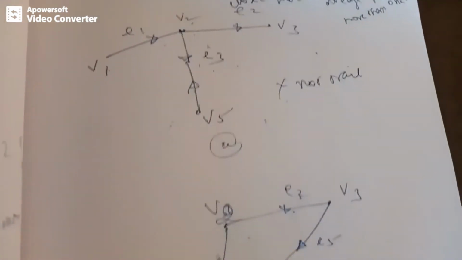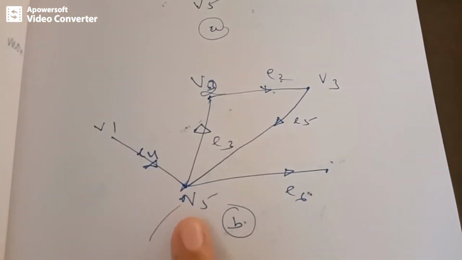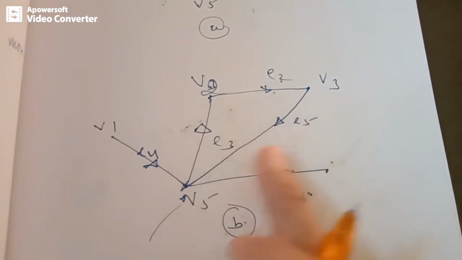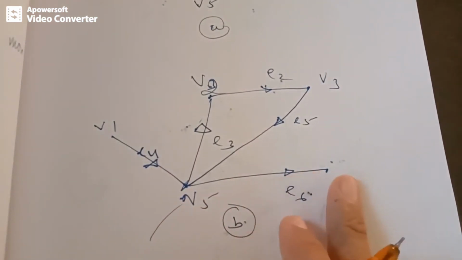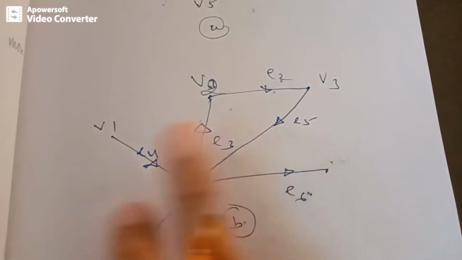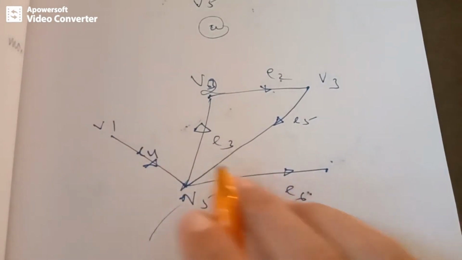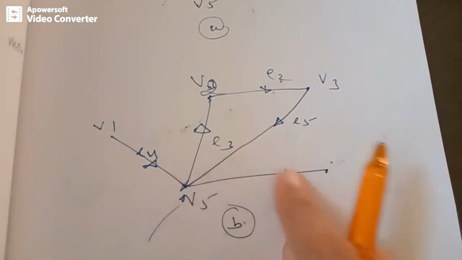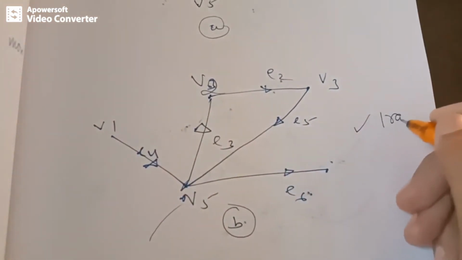So what about this example? It starts from V1, E4, V5, V2, E2, V3, E5, E3, then V5, E6. Moreover, a trail is an open walk. You can observe they end with different vertices at the terminus as well as the initial. So it is an open walk, yes, and no edge is being repeated. Therefore, it is a trail.